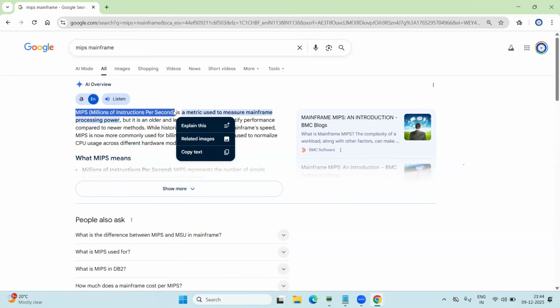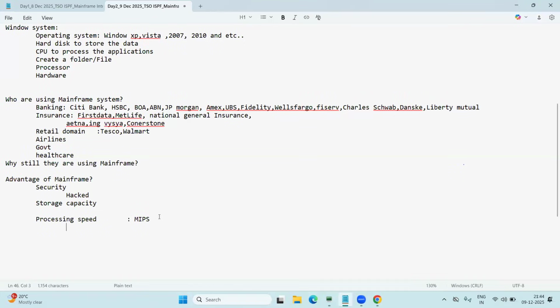So you can imagine by this how many records can be processed per second. So I can say this is another advantage of the mainframe. Okay. The next one,